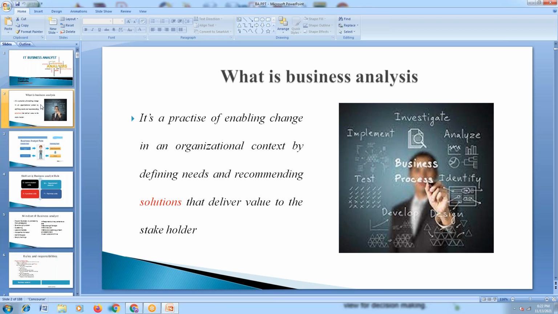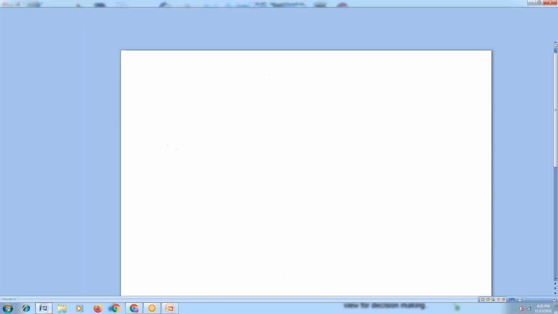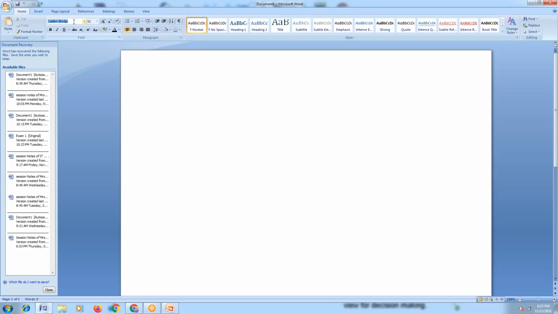If you understand from a broader context, business analysis is all about understanding the requirements and providing a solution for any of the customers. If you take any organization, let's say, for example, I'll be opening a Word document. I'll explain to you on that so that you'll understand much better. So any organization across the world, irrespective of the domain I'm talking about, whatever solution they expect will be for two different reasons.